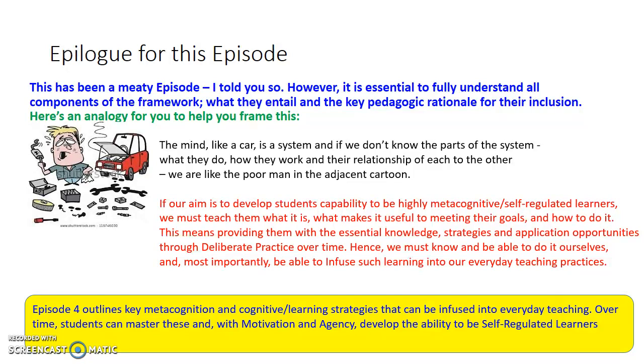And if we're good at this, and if our students have the motivation, which we can try to influence, as we know, by bringing in more interest, and they develop the sense of agency, that is, that they feel they can do it and are prepared to come forward and tell us that they don't know certain things. And that's the kind of learning situation we want. And over time, they should, he says, hopefully develop the ability to be self-regulated learners.